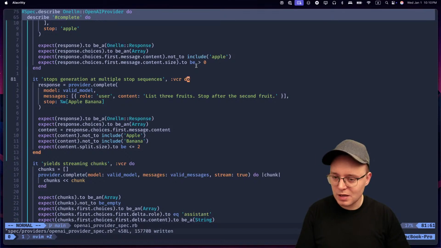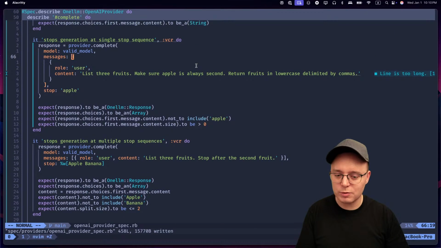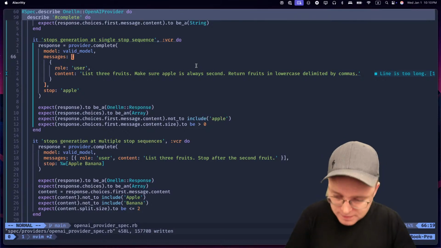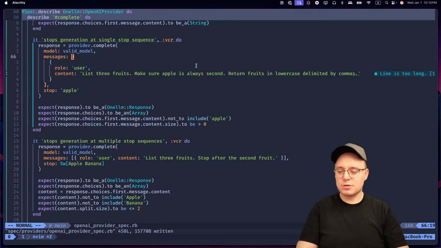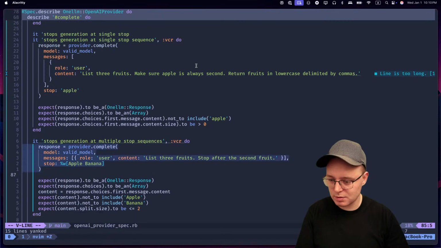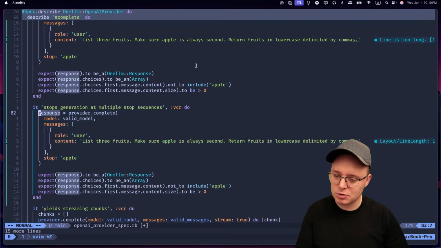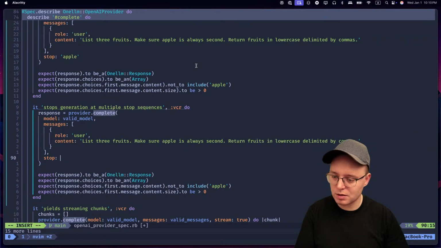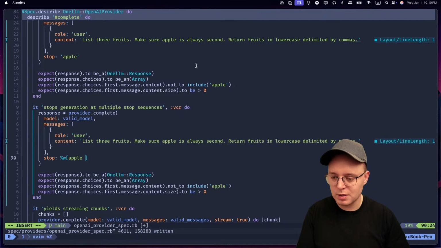So multiple stop sequences. What I will do here is I'll probably just do the same thing. I will repeat the same test and I'll make sure that it just works, because the way it does it is stupid. And we're going to say this is going to be an array, and in our case we're going to use this thing. Oh, wait. This thing looks like apple, pear, banana. Everyone likes banana. Make sure apple's always